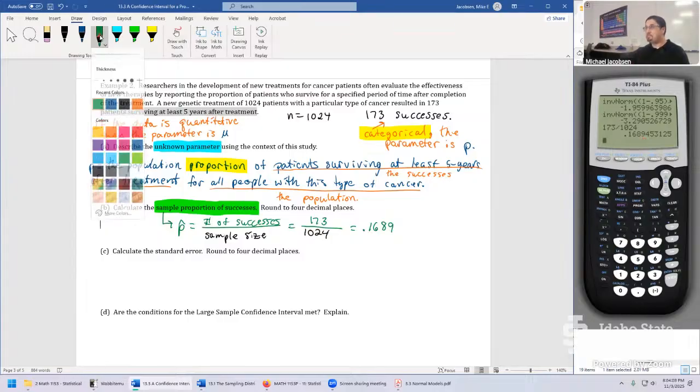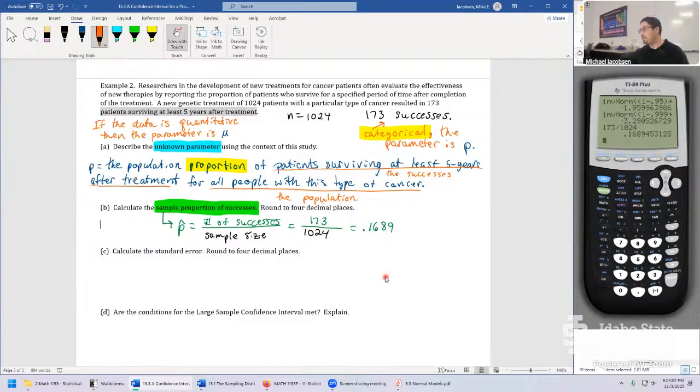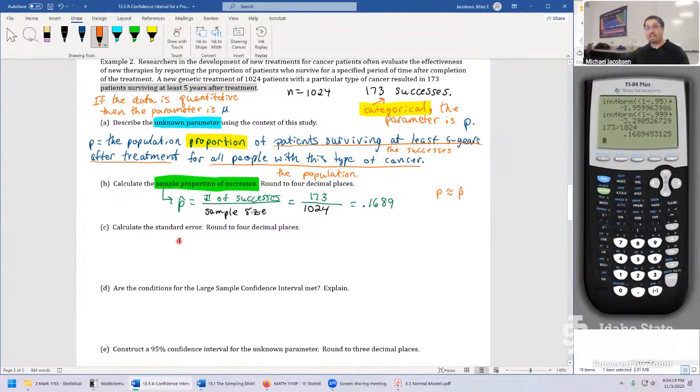But already we could say the thing that we did all the way back in section 1.1: P, the unknown, is approximately equal to the sample proportion of successes, the statistic P hat right here. But that's not the whole story. There's variability in our sampling. So that's why we're going forward with the standard error. We'll check a couple of conditions and then look at the full 95% confidence interval. So that's just one point estimate. We want an entire interval estimate for the unknown parameter itself.